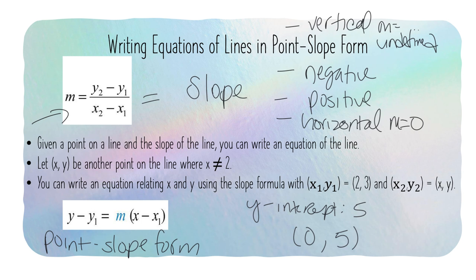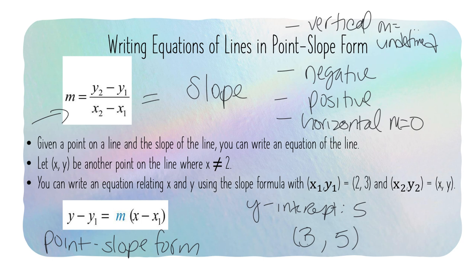There are going to be times where you're given different points. So for example, instead of having a 0, you might be given a 3. No longer is our y-intercept going to be 5. Got it? It's no longer going through that point on the line. And sometimes the line might not go through the intercept at 0. So we're going to be looking at the point slope form, where you're going to let x, y be